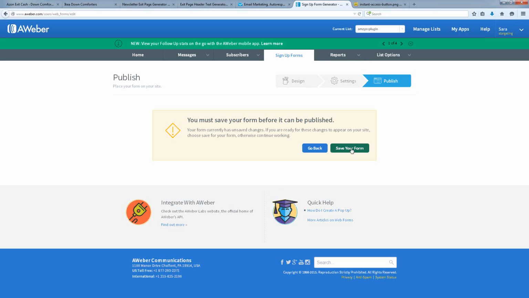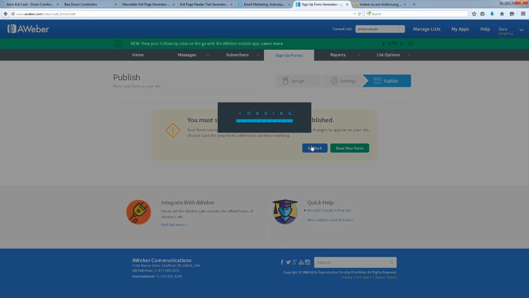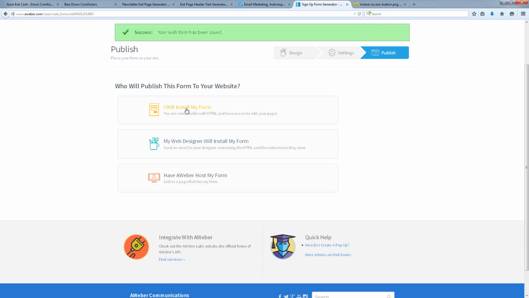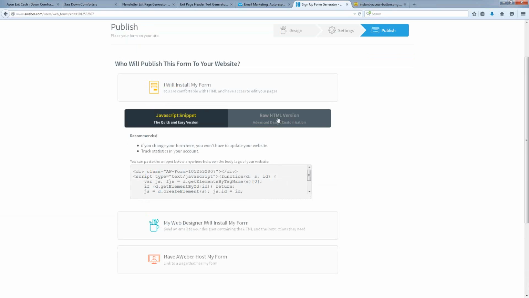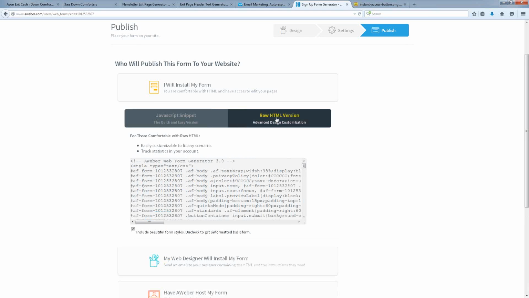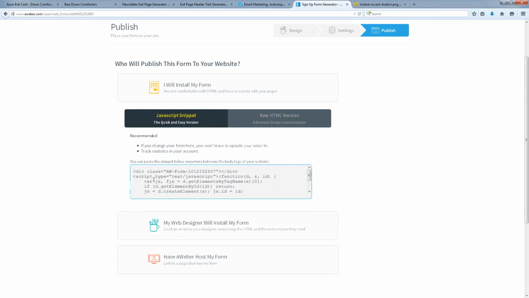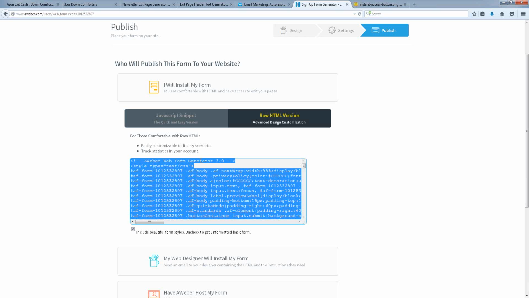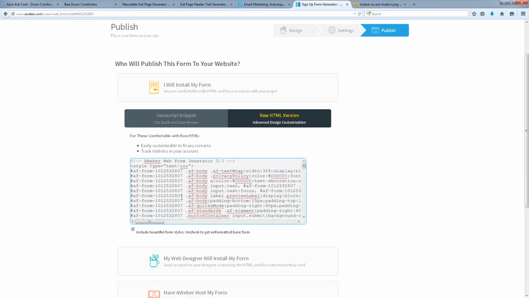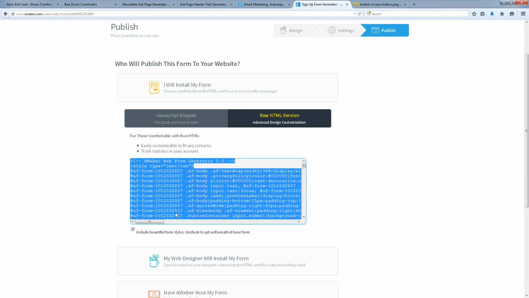Now at this point, it's going to tell you that you need to save your form. Just click on the green button here, and then it's going to ask you who will publish this form. Click on I will install my form, and then click on raw HTML version. You should see this code down here switch, and up at the top it should say Aweber Web Form Generator 3.0. So now what you want to do is right click, select all, and then right click again and click on copy. So now we're going to take all of this code from our sign up form,